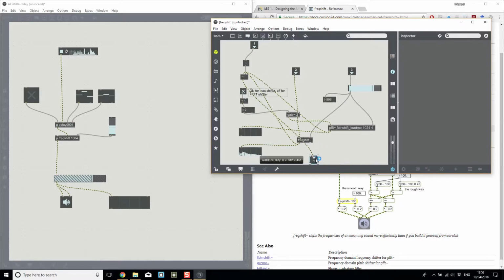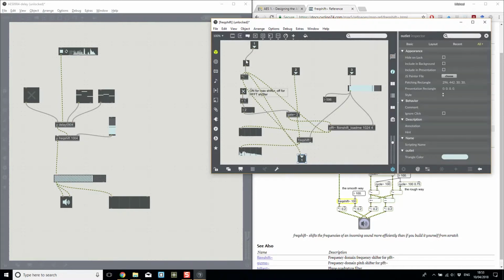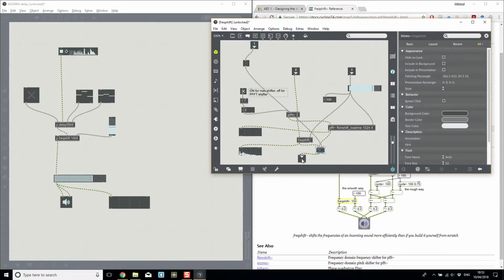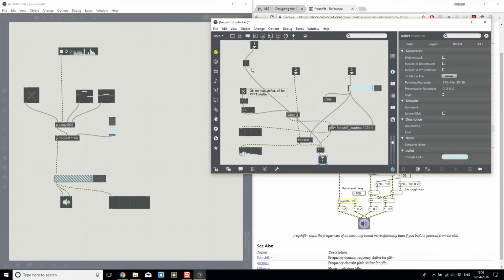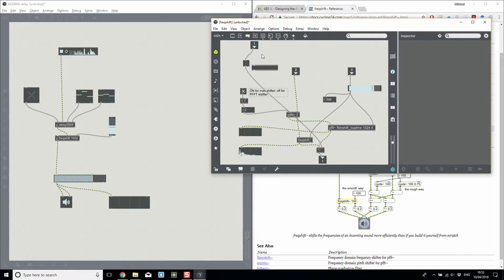Have I just missed one? No audio is passing through at all. Where what we actually want to happen is that the original audio is sent through without any sort of frequency shift at all. So what we want this trigger to do is